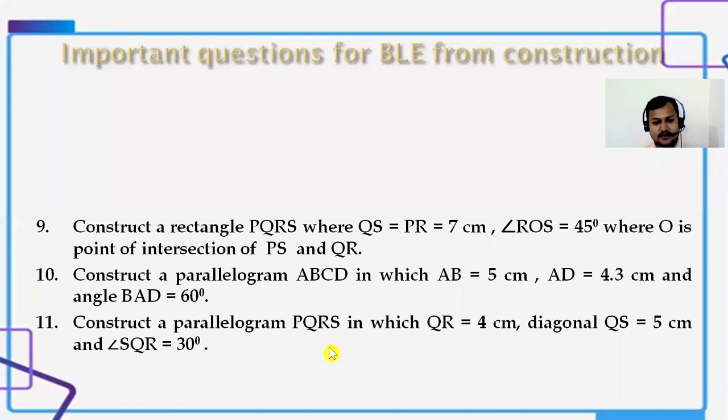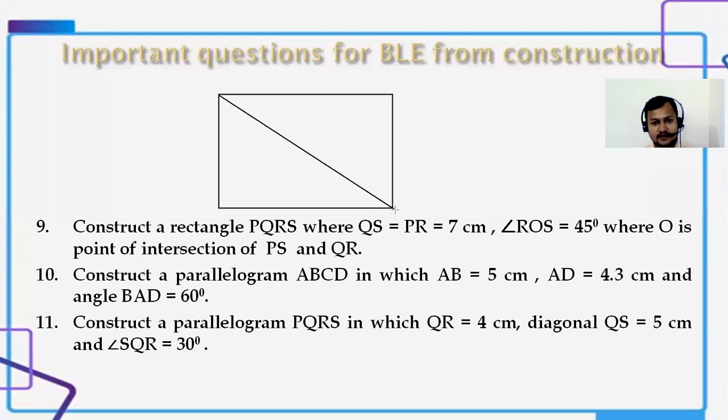So let me draw one rough figure again for you. कस्तो रेक्टेंगल भयो यस्तो PQRS in which QS as well as PR two are given to us, PS as well as QR. That means diagonals are given to us. एउटा यो diagonal र अर्को यो diagonal. यो दुईटा diagonalहरु दिएको छ. These two diagonals are given to us and point of intersection of these two diagonals is O. This point is O